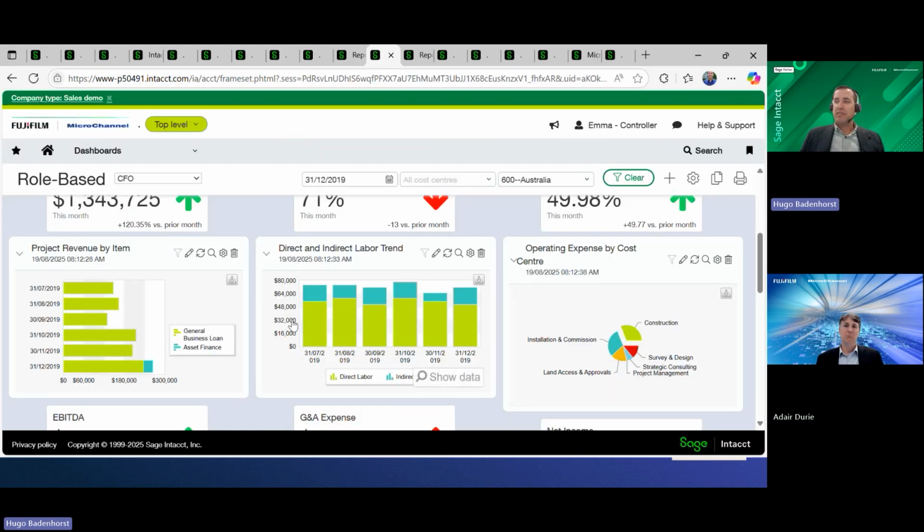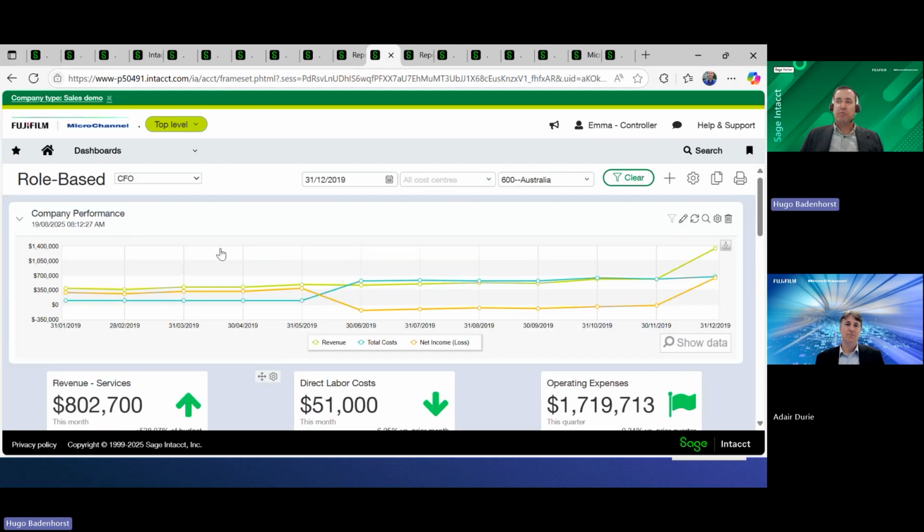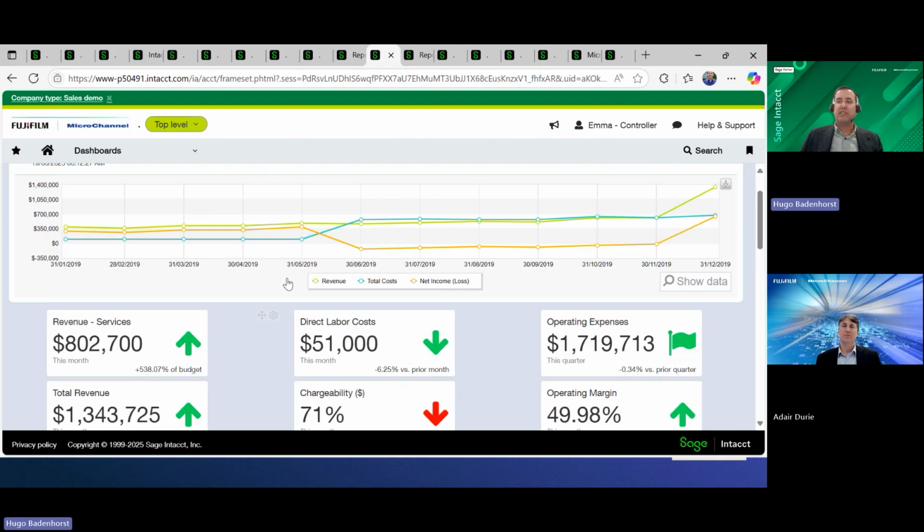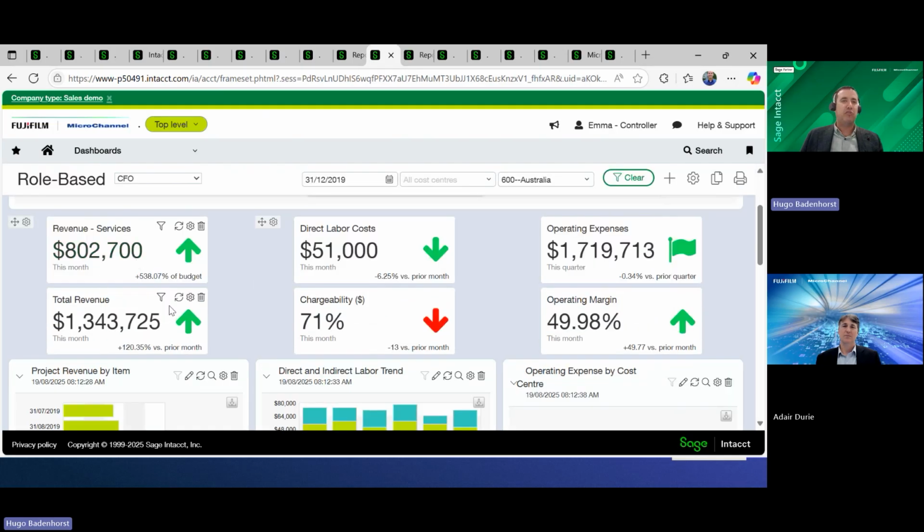Now, some of our other options there, looking at a dashboard for the CFO, again, company performance that we can see the revenue for services, total revenue. You can see, on these scorecards, a number of things that we can compare and showcase on a dashboard. And again, like I mentioned, these are things that you can own and manage, you can change when we start the process on this one.